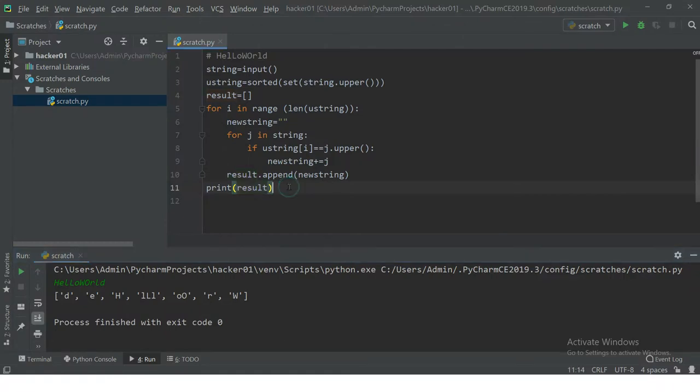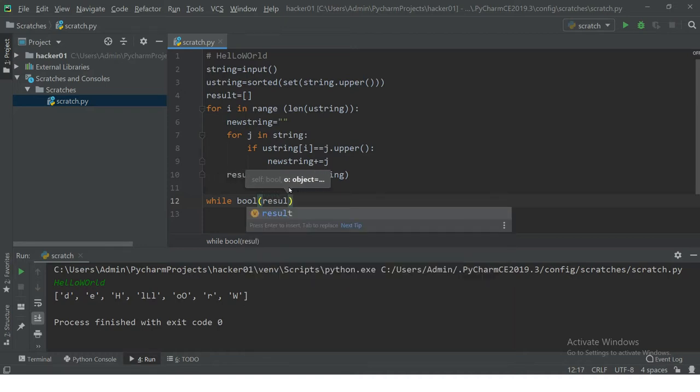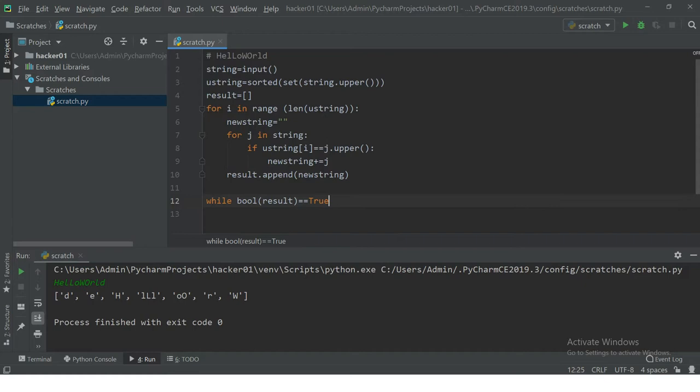and as we have got the result for task 2, we'll make a new while loop. While, so we are going to use here boolean. As you know, if the list we have provided in boolean is empty, it will give false. So as my result is true, I want this loop to be running. Okay, so we'll check now if the list is empty or not.